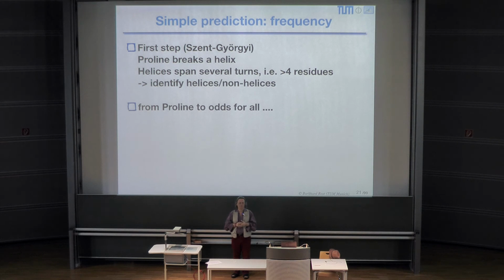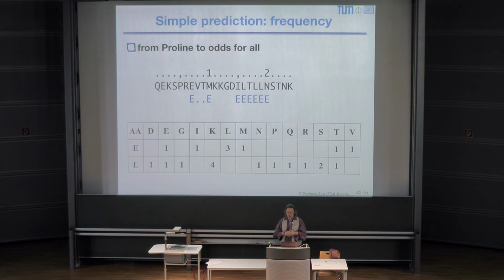You just say that if there's a proline here or if there's a cysteine here, then in all the proteins that we know, that we have observed this and this, in 30% of the proteins this happens, in 15% of the proteins this happens, and then you just assign odds, and then you see which odds work out the best. Yes, exactly. So you simply go over, in this particular case you have two states of secondary structure, E and